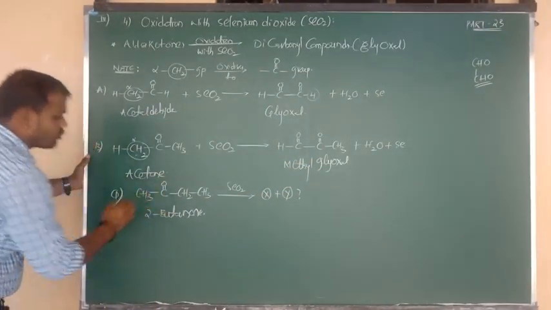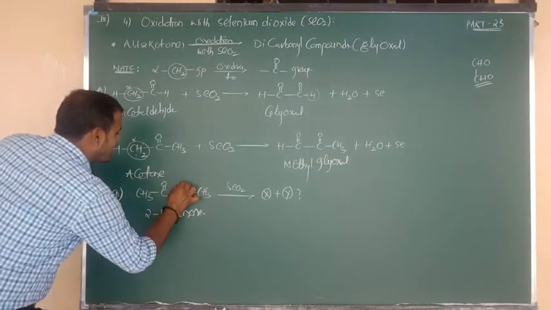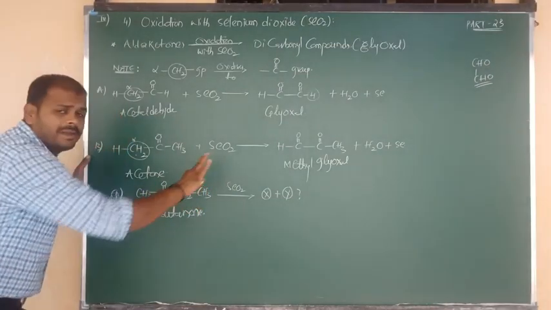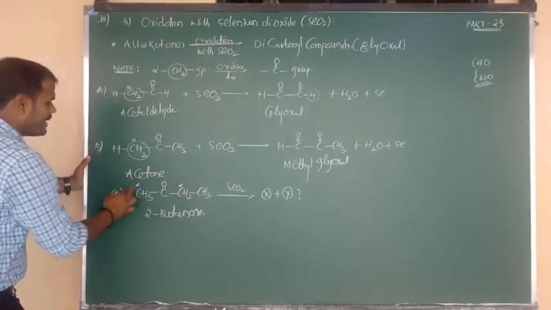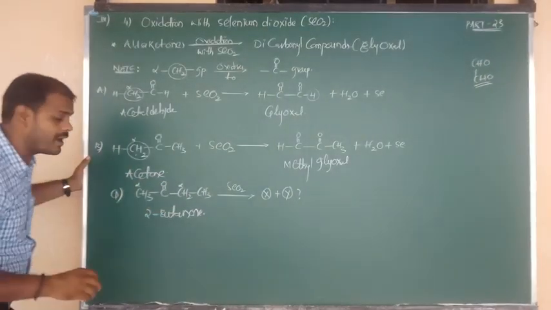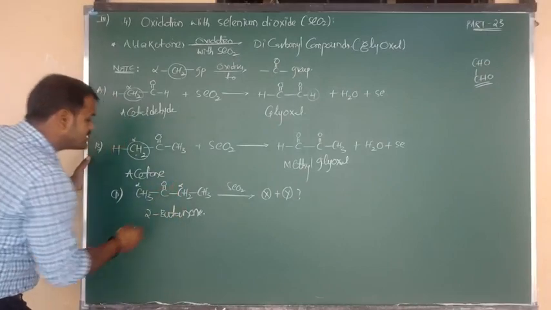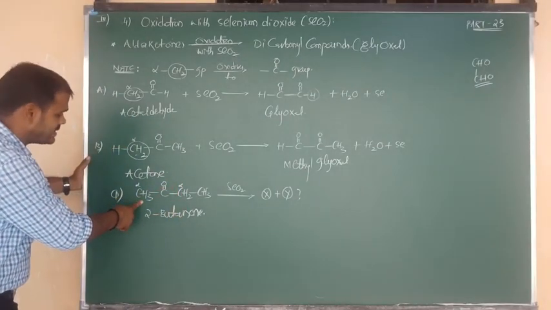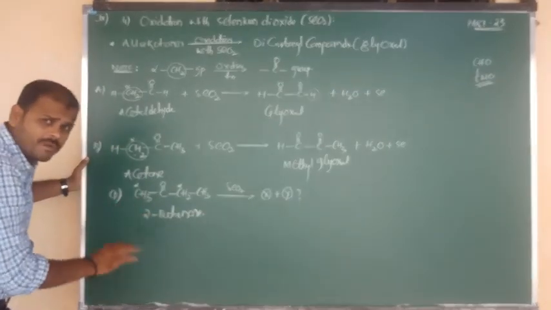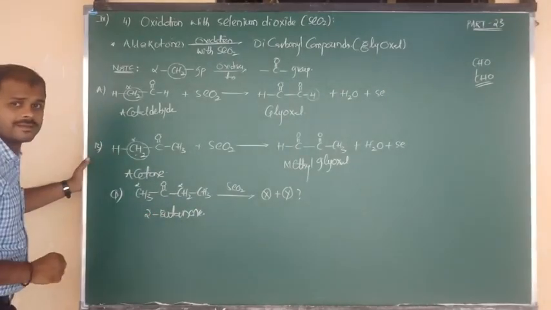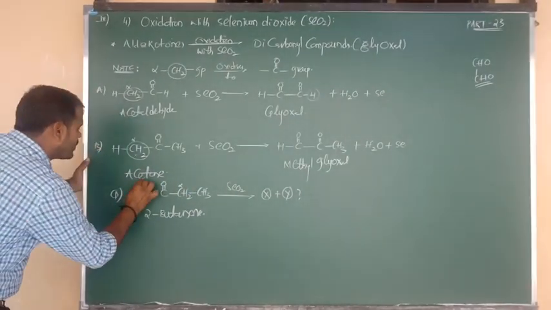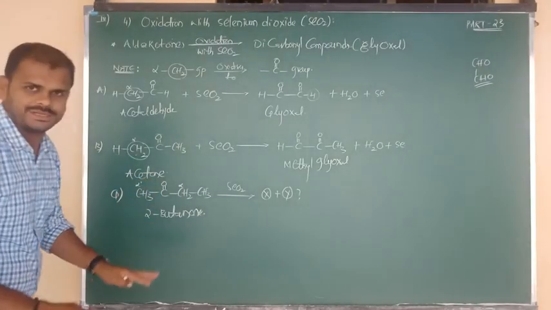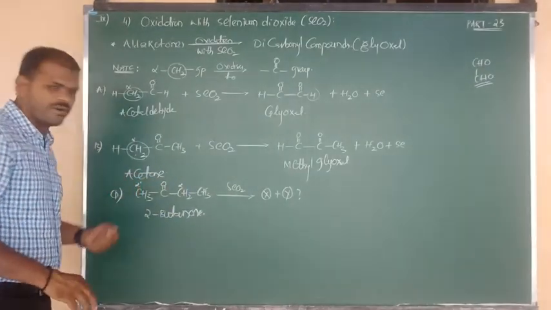This is the functional group, C double bond O. Adjacent is alpha, next adjacent is beta. Beta we don't want. Again C double bond O, adjacent is alpha. So how many alpha carbons are there? Two alpha carbons are there. This is alpha CH2, this is alpha CH3. CH3 means we can write H bonded to CH2, no problem. Anyway two alpha carbons are there, so we will give two products, one from alpha, one more from alpha prime. To show the variation, you denote one as alpha, one more as alpha prime.